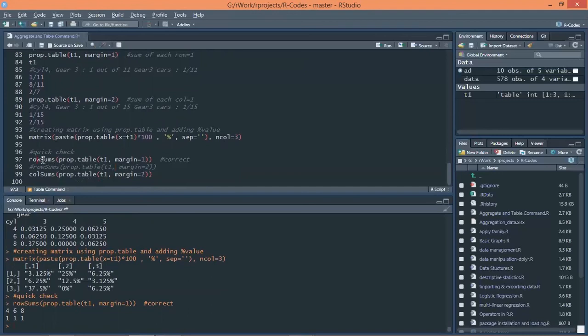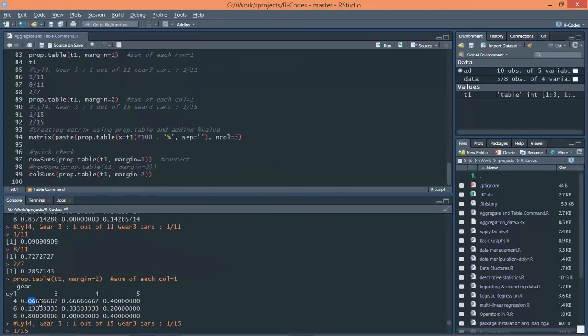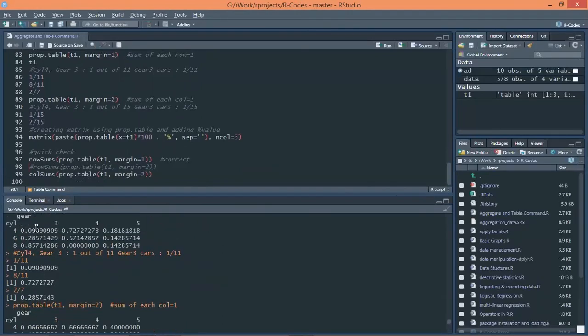For that I am using row sums and taking the function inside the function row sums, that is proportionate dot table, that is prop dot table. Within the bracket I am saying the row sum, convert the table to proportions using margin 1. So according to the sum of rows, the values come out to be 1. As I told you, the sum of each column or each row should come out to be 1.